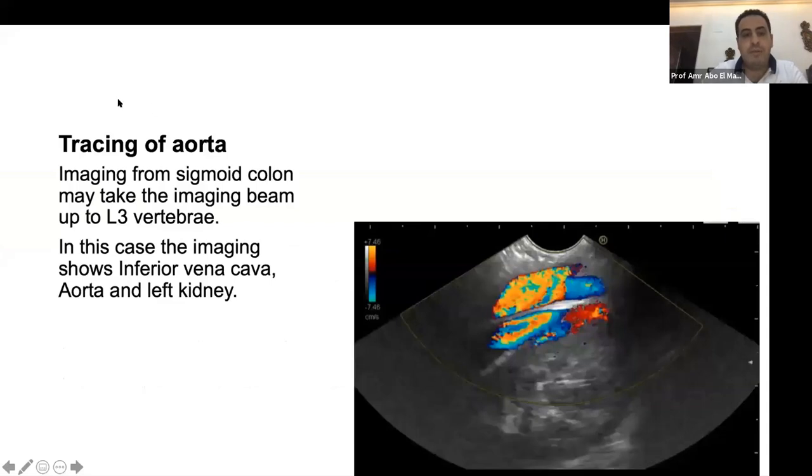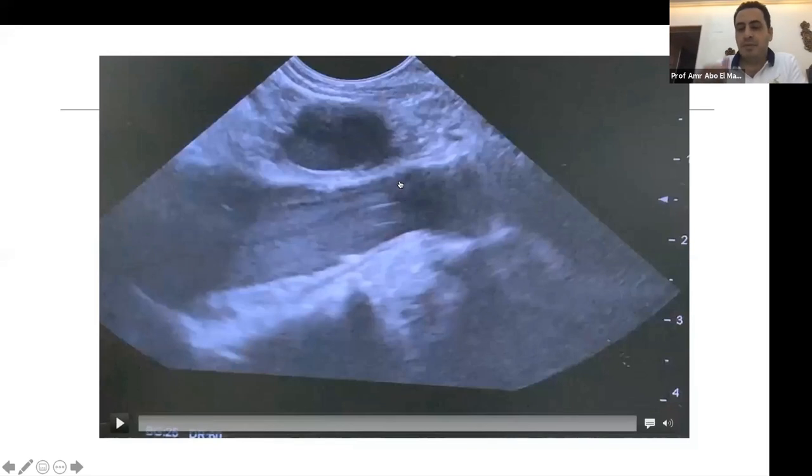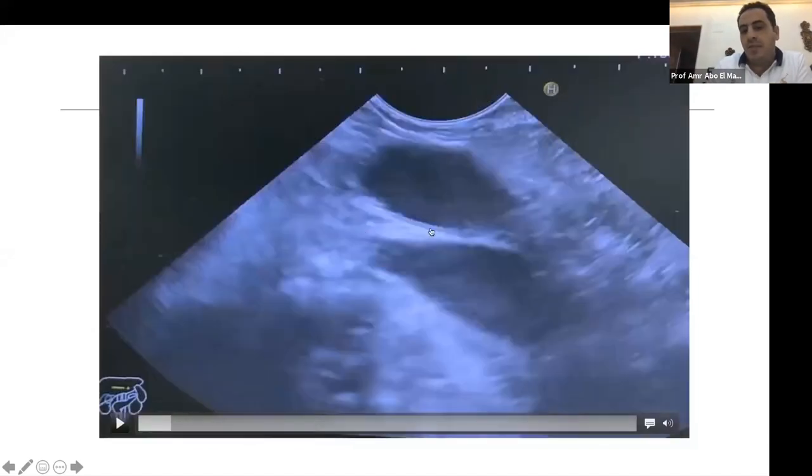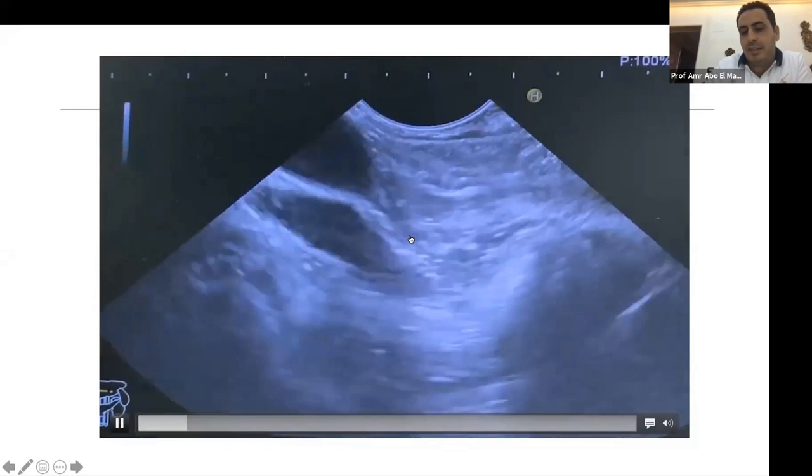So you have to trace the aorta. Imaging from the sigmoid colon may take the imaging beam up to the L3 vertebra. So you have to pass the rectosigmoid to get the IVC and aorta. And this is the left kidney. So in my first position, I have to pass the rectosigmoid. My landmark is to identify the IVC and aorta. So I will back the scope smoothly and